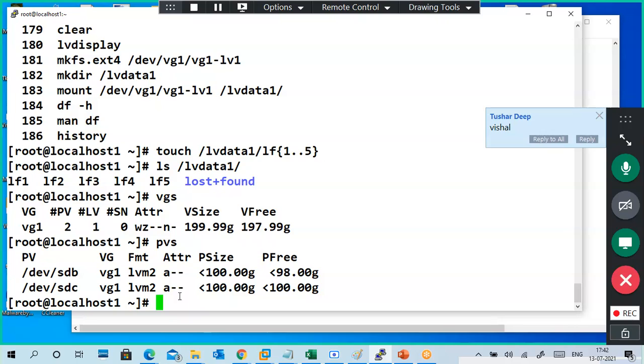The 2 GB logical volume we created took space from the physical volume only, right? So that's why it is 98 free. The 2 GB volume is created and the availability is 98.